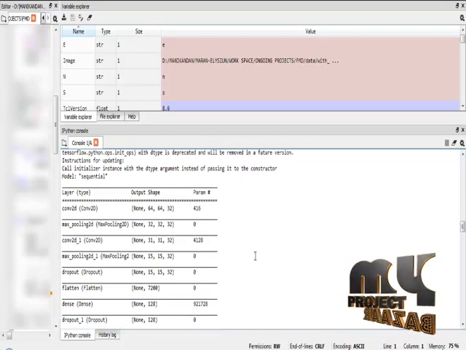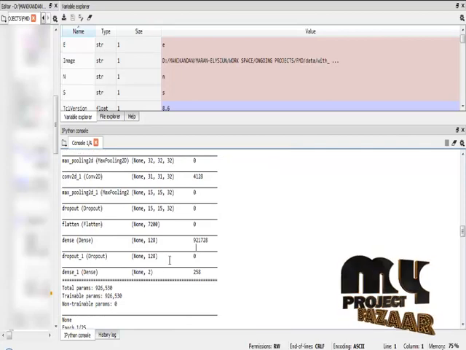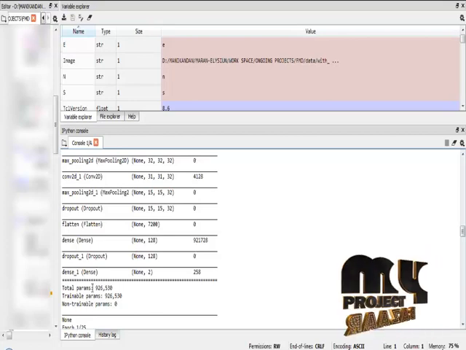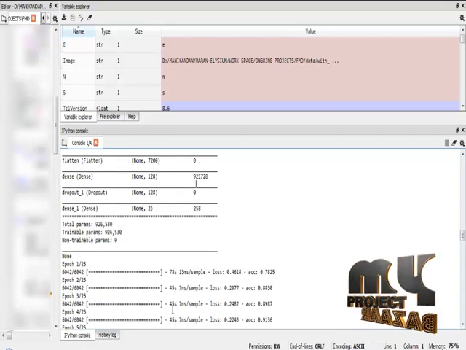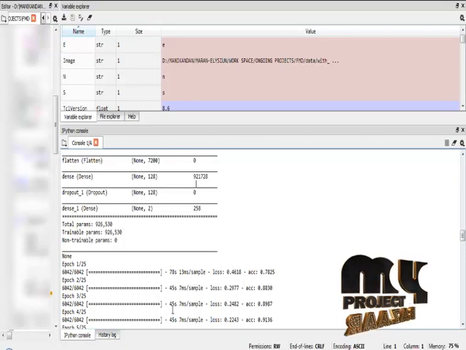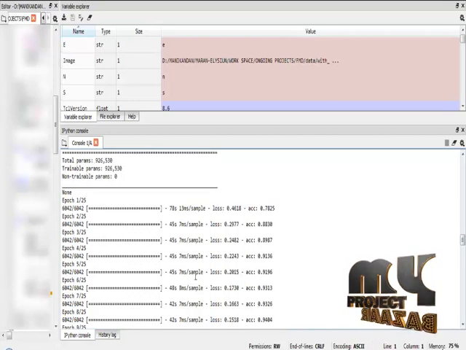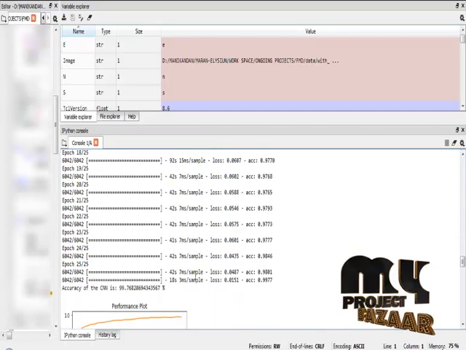So this is the convolutional neural network algorithm architecture, and this is the summary result of the convolutional neural network algorithm. In every layer it takes trainable parameters, and the overall number of trainable parameters is 926,530. It takes the with mask and without mask images based on the categories and trains on the images based on the CNN trainable parameters. I provided 25 different training epochs, and finally got the accuracy result of CNN,